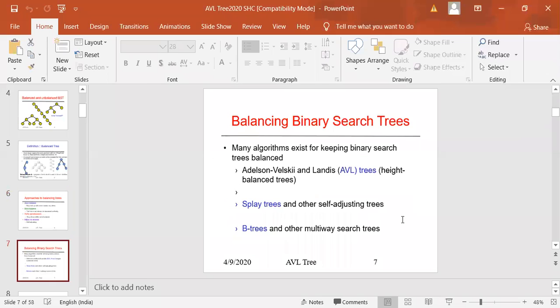Many algorithms exist for keeping the binary tree balanced. Very first is the